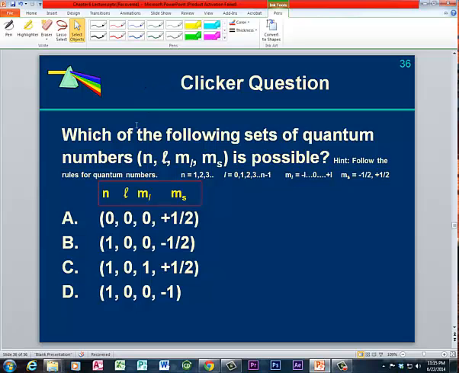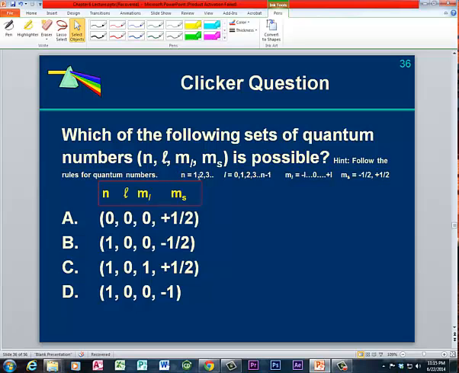Here's a clicker question. Which of the following sets of quantum numbers, n, l, m sub l, and m sub s, is possible? What you have to do to get this correct is to follow the rules for quantum numbers. Now remember,